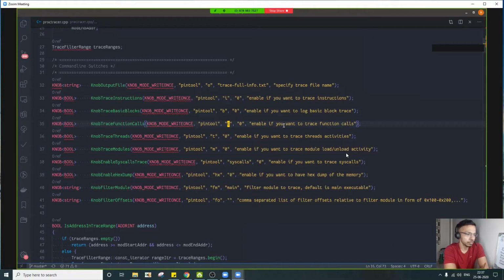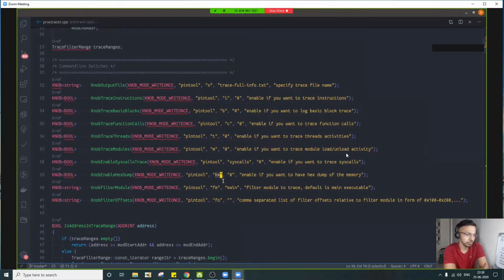Syscall dumps executed syscalls with arguments, and xdump options allow you to inspect memory content in the manner of a typical hex dump, a text hex dump.